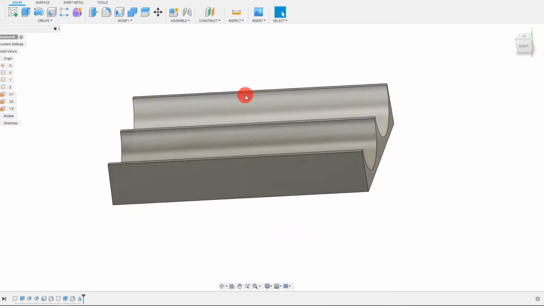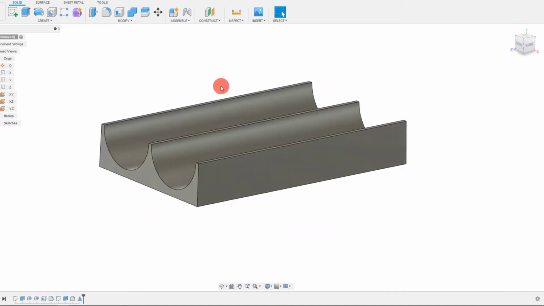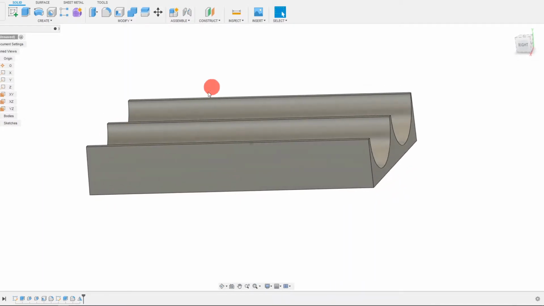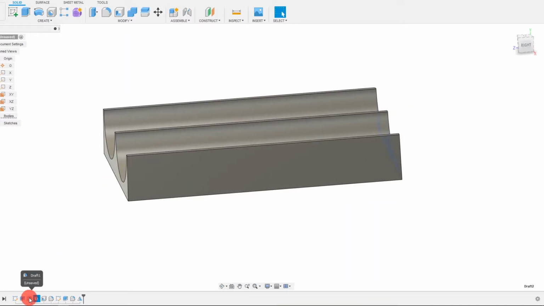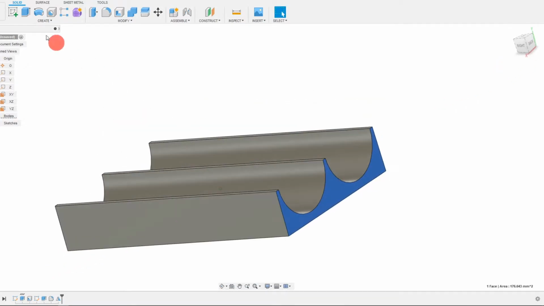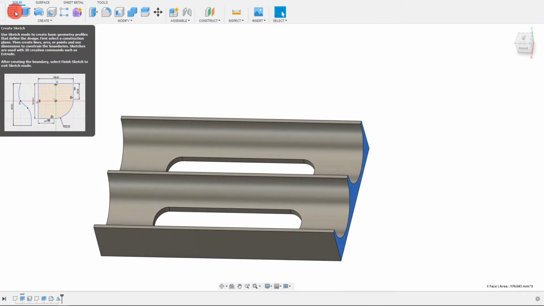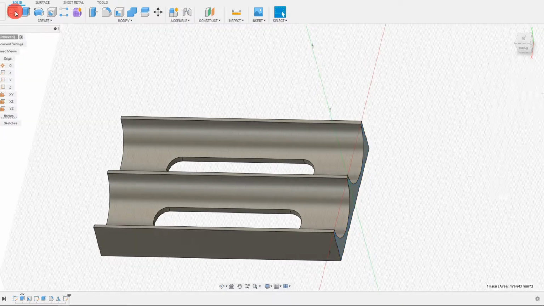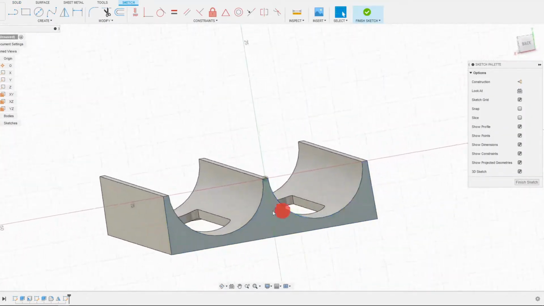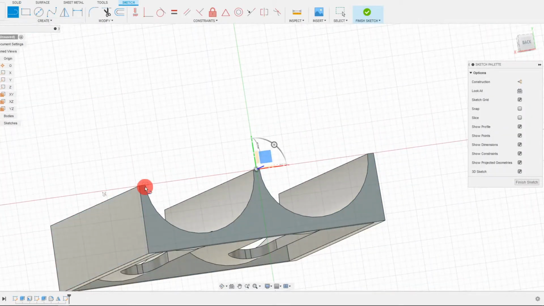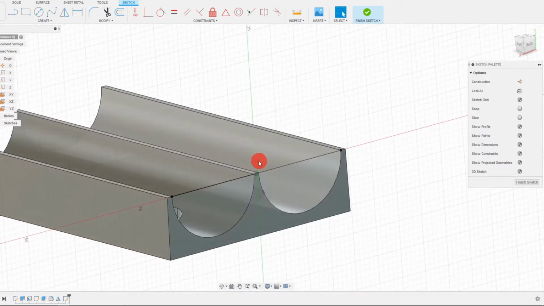And so we have just a little bit more to go here. What we want to do is delete our 2 drafts because we want to add a wall to the side here on this side. So I'm going to start a new face on this side. I'm going to do that by creating a sketch on this face. And all I'm going to do is just connect this with a line. And with it completely connected,